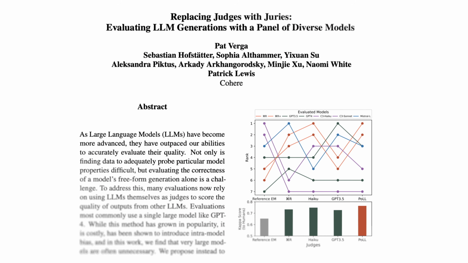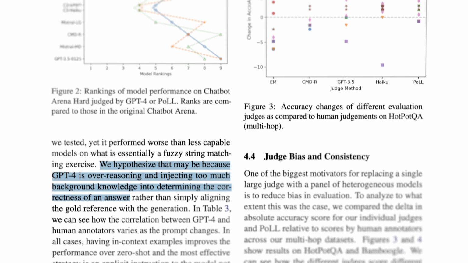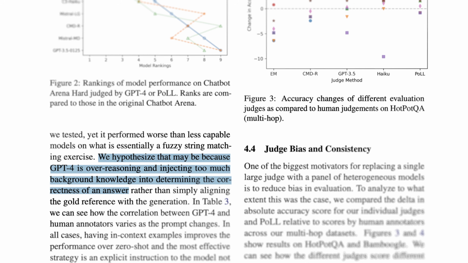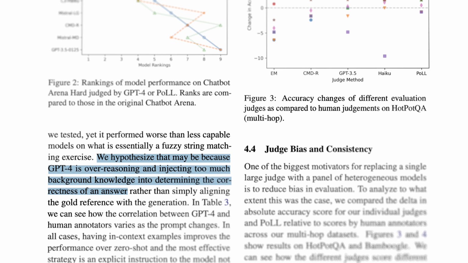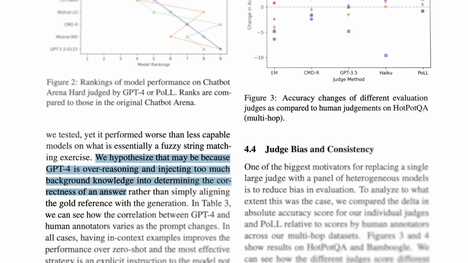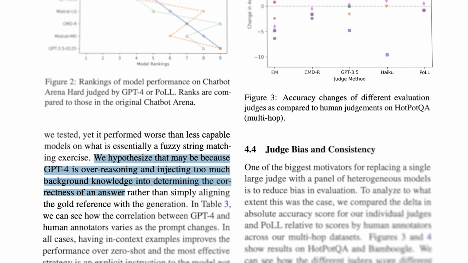But you said some really interesting stuff in the paper. I mean, the first thing you said, just as you did now, is that GPT-4 is spectacularly wrong some of the time. And you thought that might be because it's over-reasoning. It's actually like it's being weighted too much by its base training. And you spoke about the annotator bias, the model bias, the style bias. So there's all of these problems. And it really does make sense to aggregate over them.